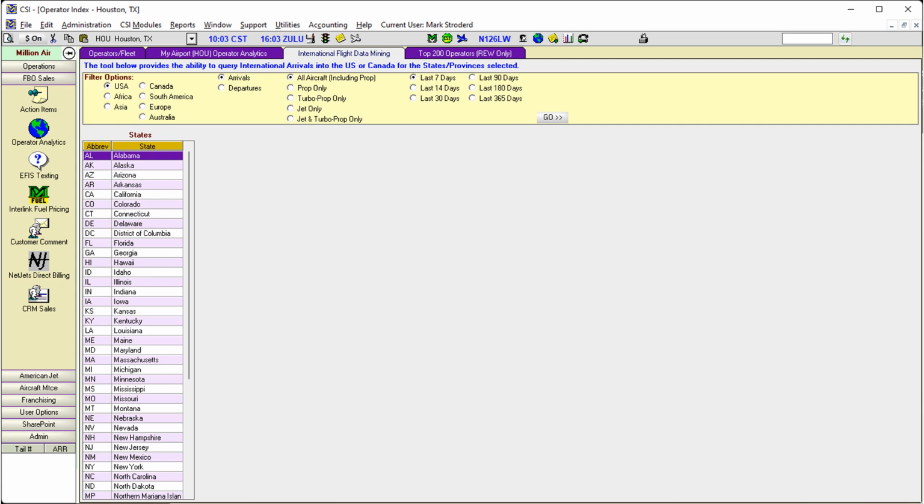Okay, so first, let's navigate to where this tool is located in CSI. You're going to first select FBO Sales on the slide bar, and when you do, FBO Sales will go to the top of the slide bar as you see on this screen. The second icon below that slide bar is Operator Analytics. You'll click Operator Analytics, and then the Operator Analytics module will open, and then you'll select the third tab, International